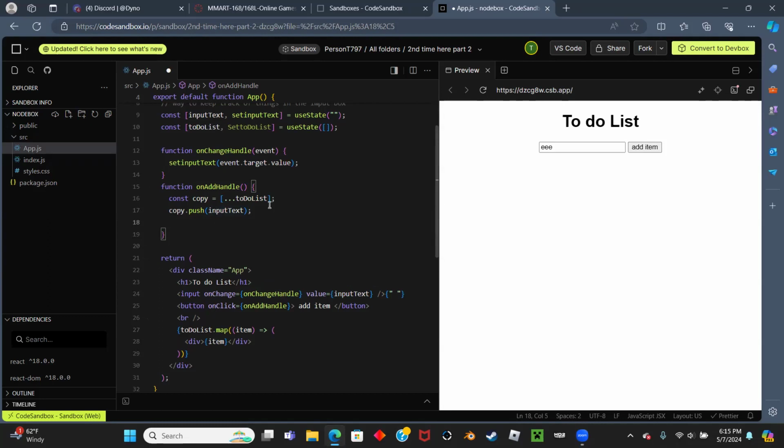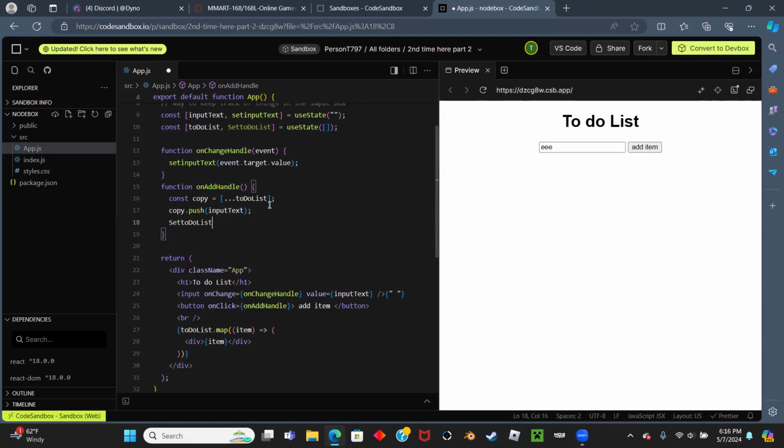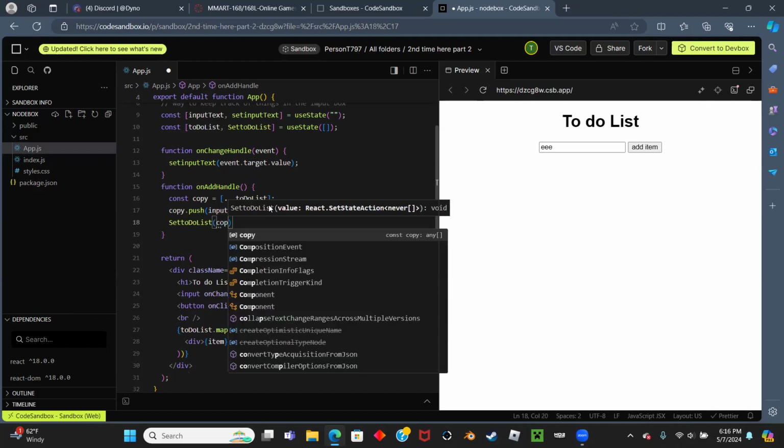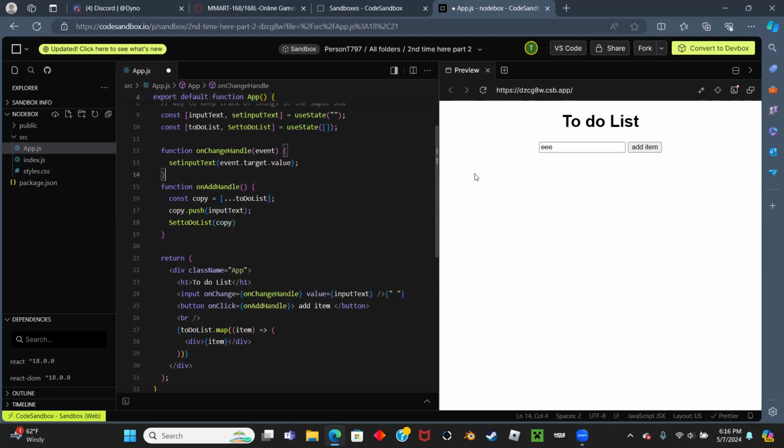It would be set to-do list, and then parenthesis, and you pass the copy there, right? Yeah, that's it. And that's because remember,